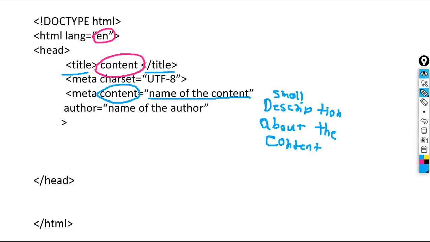And we have author, who is the author of this HTML page, that name will come here. Okay. Now let's move on.